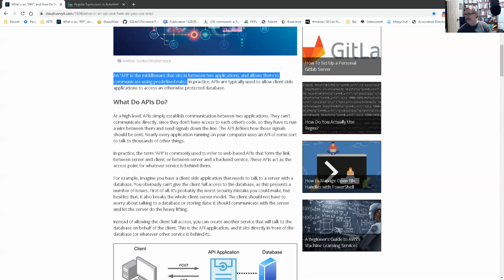Yeah. And that's also where, as you said yourself, the first sentence of the next one: at a high level, APIs simply establish communication between two applications. Yeah. And that's probably how I would have said it. But that's where I kind of like the first intro part, because it says it a little differently, in a way where more people can probably process it without really knowing the back end of what an API is.